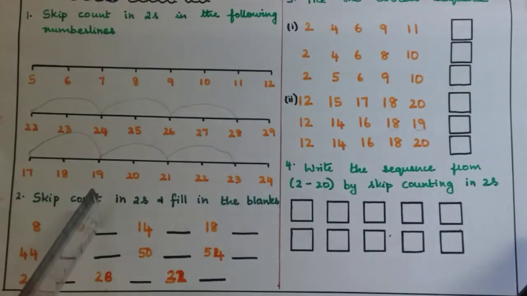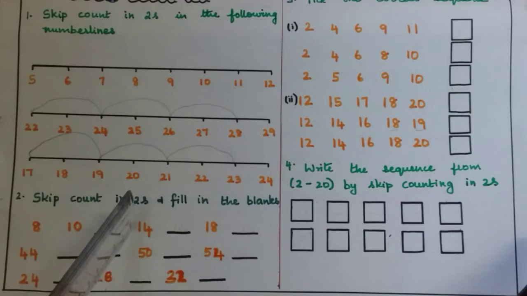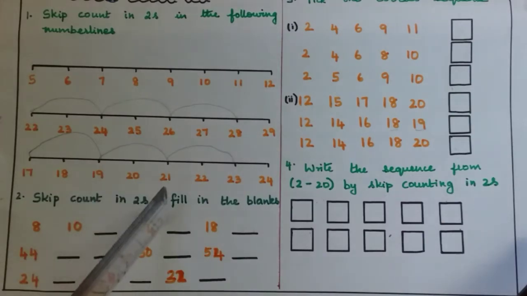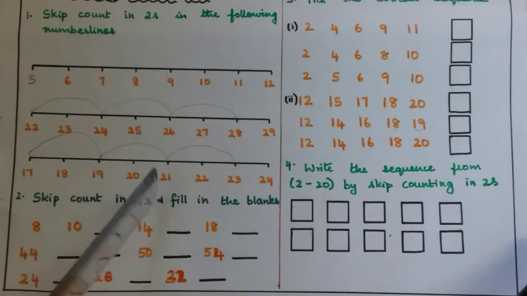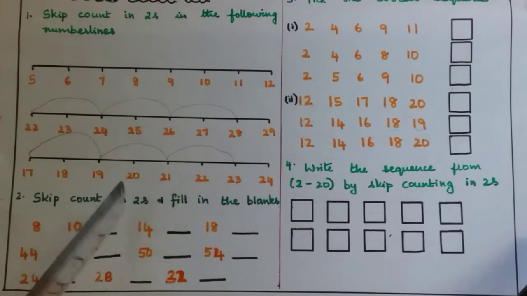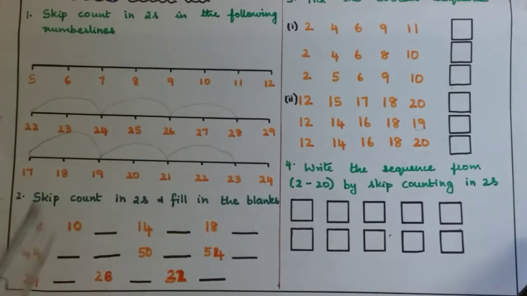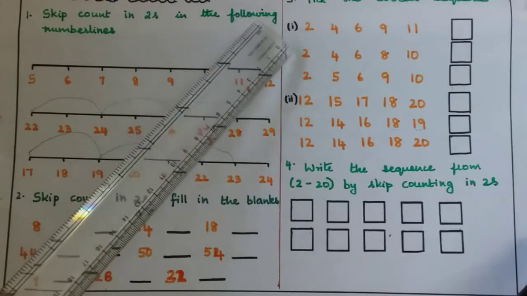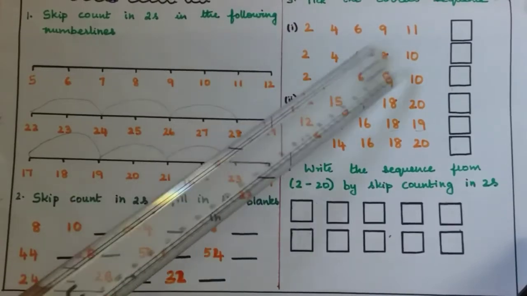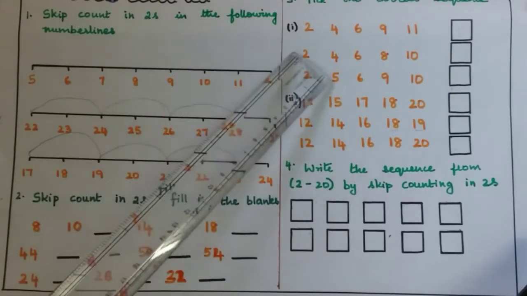So after 10 they need to skip 11 and write 12. And then 14 is given, so they need to skip 15 and write 16. Then 18 is given, so they need to skip 19 and write 20. Similarly, you can give a number of fill in the blanks activity and ask them to fill in the blanks. Then moving into the next activity, which is to tick the correct sequence.